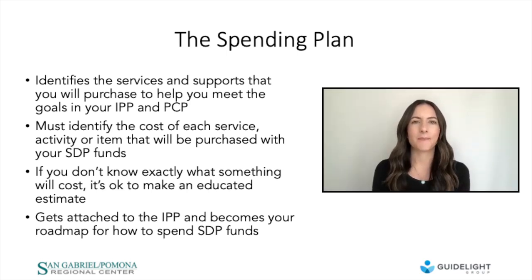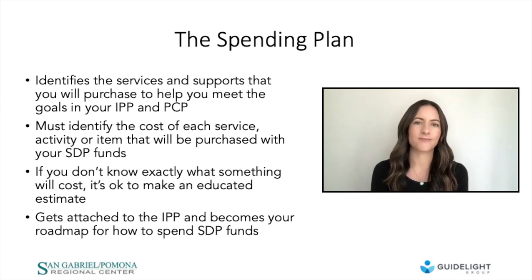The spending plan must identify the cost of each service, support, or item that will be purchased using your self-determination program funds. If you don't know exactly what something will cost, it's okay to make an educated estimate in your spending plan. Your spending plan gets attached to your IPP and becomes your roadmap for how to spend your individual